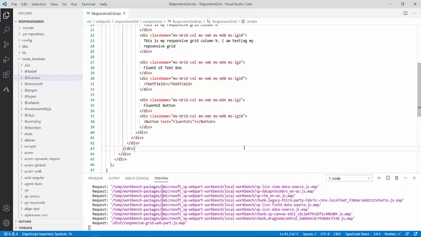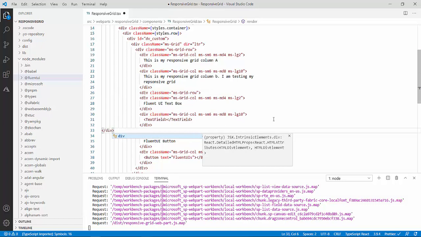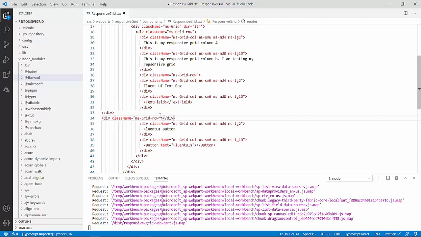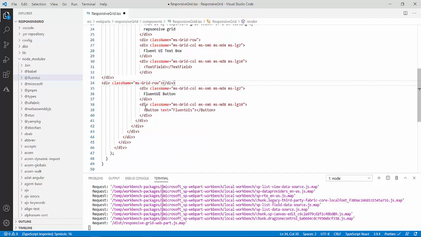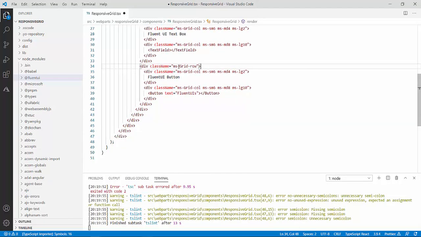So I will put them in a separate row. So this is my row. I will say one row and 2 columns. After these 2 columns, I will add another row over here, and after this I will close my div. Same way, this is my second row, and now I need to create the third row. This is my third row, and these 2 columns. After the end of these 2 columns, I will end this div. I will remove this extra div which by default got added as a closing tag. Now I will save it.